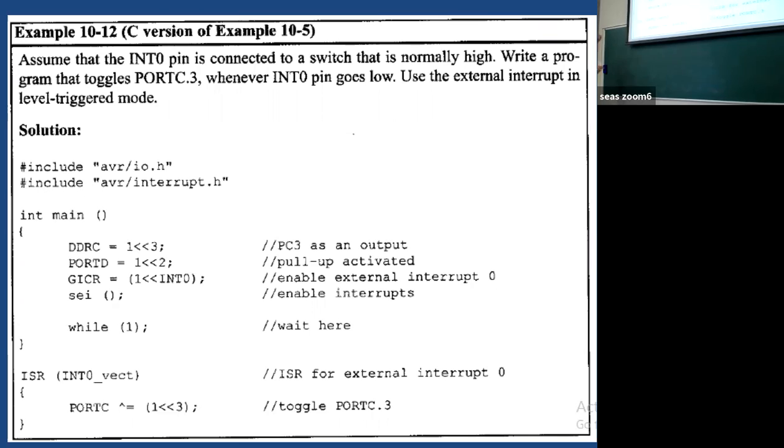In the subroutine, we just toggle it. This location is shifted that many times. We just toggle it. Clear or not? Everyone? Yes.